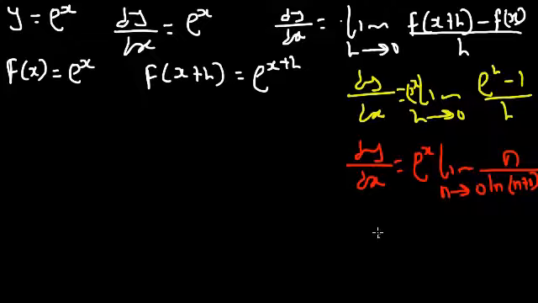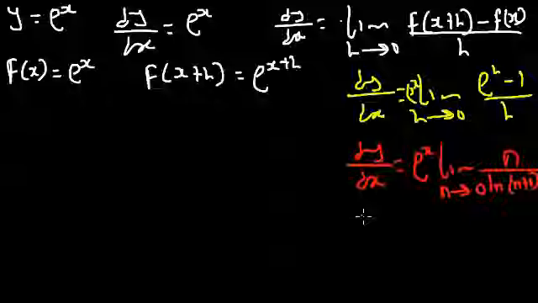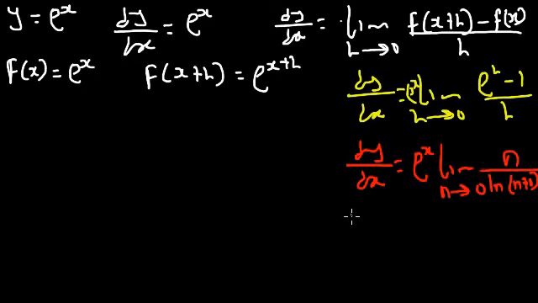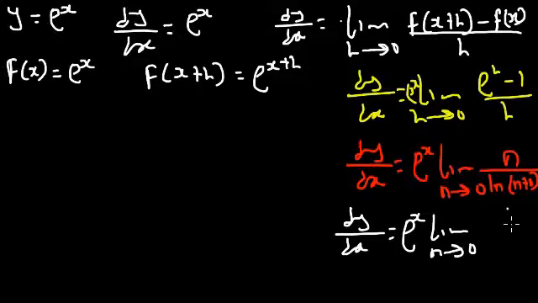So let me write one more step here, or even if possible 2 more. So now, what should we do next? Well, let's try to take the reciprocal of this fraction. So taking the reciprocal of this fraction, we have dy/dx equal to e to the power of x, then multiplied by the limit as n approaches 0 of 1 divided by n divided by ln n